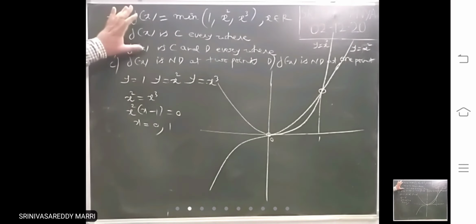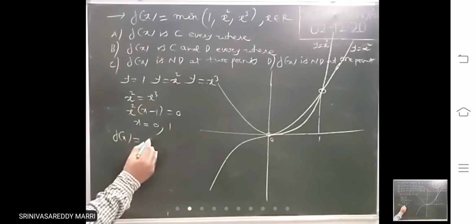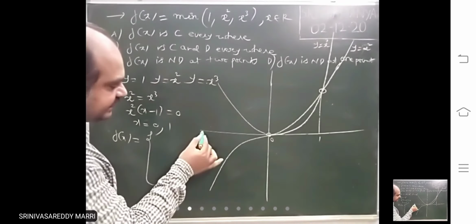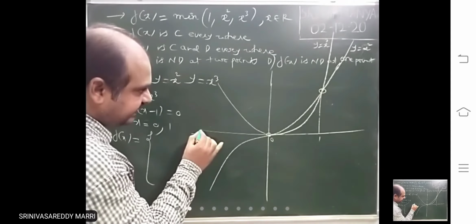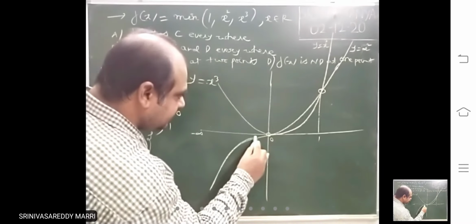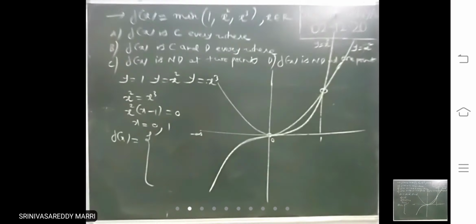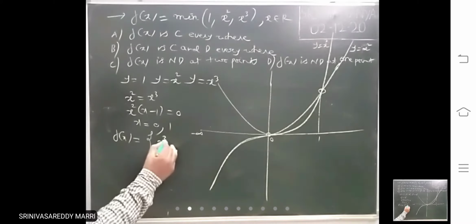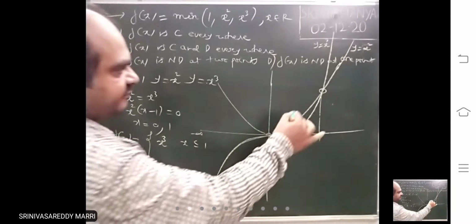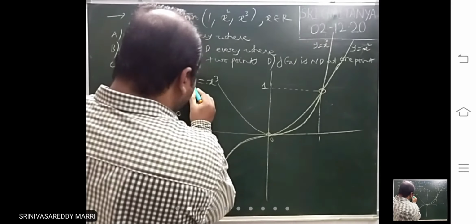Now look at. So what is it telling? Minimum. f of x equals, look at, minimum. So if you look here, from minus infinity till 1, this is minimum. So this x cube is below x square. That means till 1, x cube. Wait, 1 also you will draw. This is 1. y equal to 1, this is.